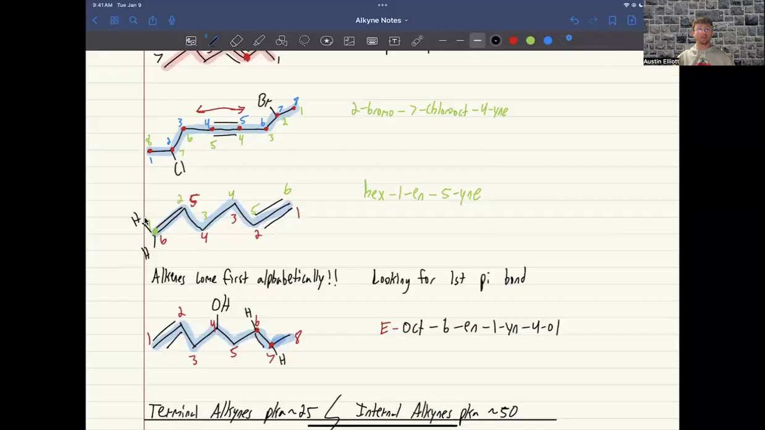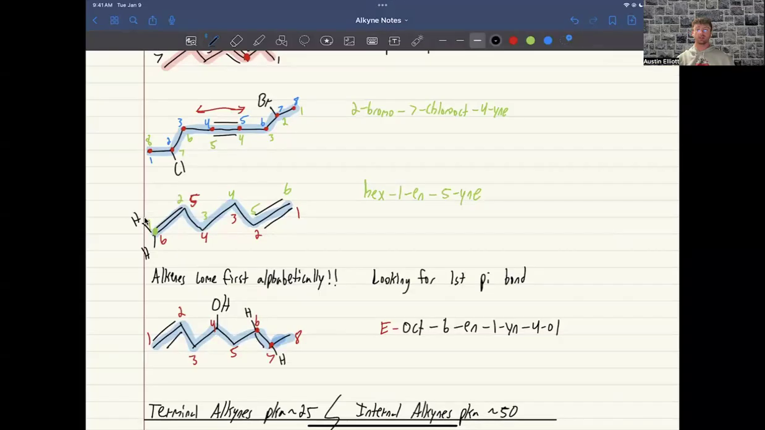Wherever the first one starts, that's the one that's going to be the lowest or the priority one. So like with this one right to our left, the hex-1-ene-5-one. The reason that the ene is lower, so that's where the first pi bond is, and it has that first,